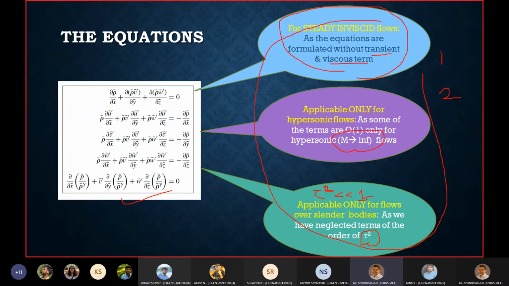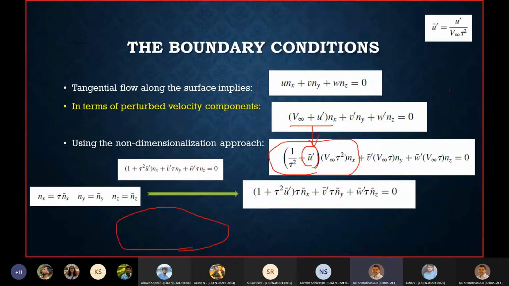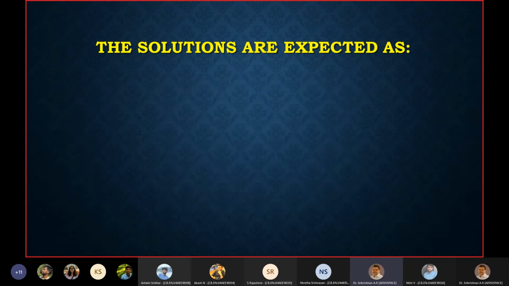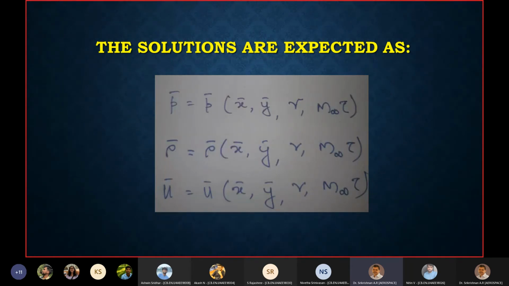So if I were to solve them, I can get the answers in terms of functions. What I would get are the solutions for p bar, rho bar, and the velocity components. I would just write u bar here, similarly for w and v. So I can get non-dimensional pressure p bar, non-dimensional density rho bar, and the non-dimensional perturbed velocity component u bar. And all of them will be a function of x bar, y bar, gamma, M infinity